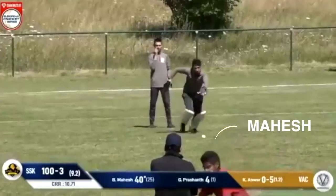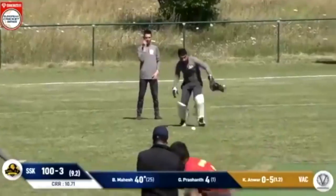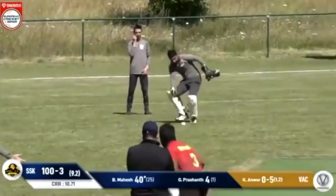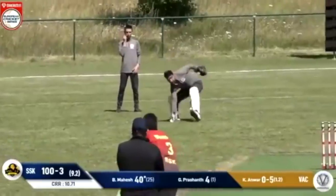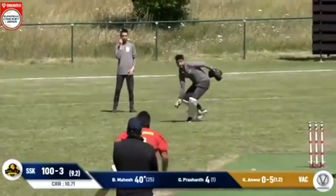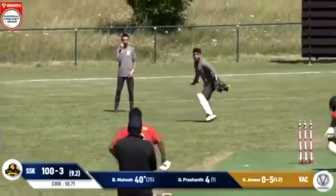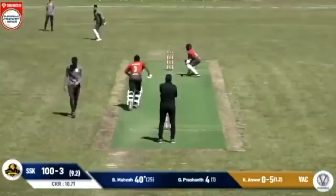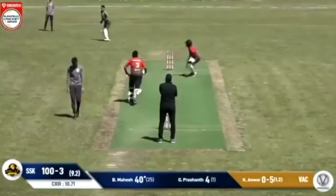Let's turn back to Mahesh and his running between the wickets. He is nowhere near having completed his first run and he's already thinking about his second one. And when he finally commits to that run, the ball is actually at the feet of the keeper. That's pretty punchy, Mahesh. So what was he thinking here? Was he thinking that the keeper wouldn't be any good at actually throwing the ball? And it's worth noting that his partner Prasanth hasn't even left the crease yet, but none of that matters. Mahesh wants to run,